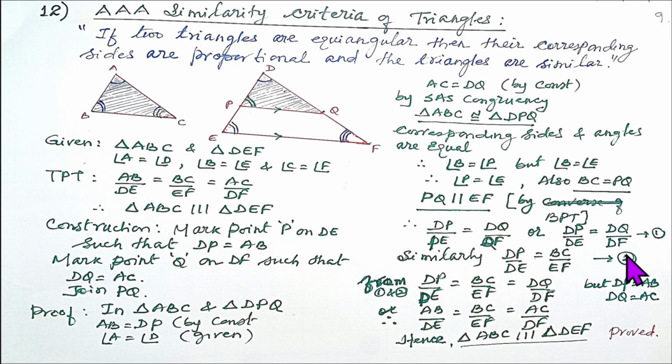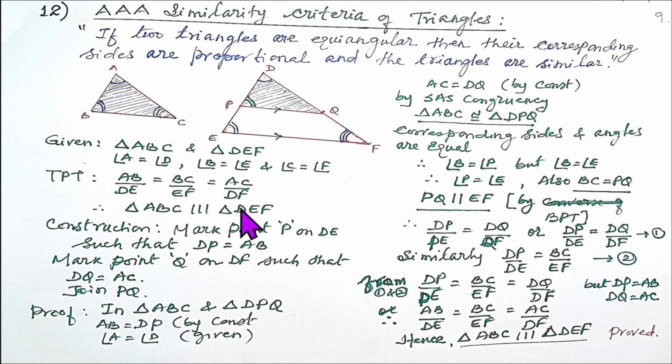Now from 1 and 2 what we get, DP upon DE is equal to DQ upon DF is equal to BC upon EF. But we know that DP is equal to AB and BC as it is BC only, DQ is equal to AC, because by construction we know that DP is equal to AB and DQ is equal to AC. So replacing them we get AB upon DE is equal to BC upon EF is equal to AC upon DF, which shows that the corresponding sides of the two triangles are proportional,